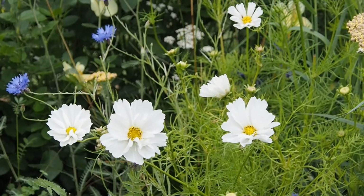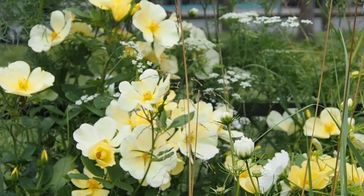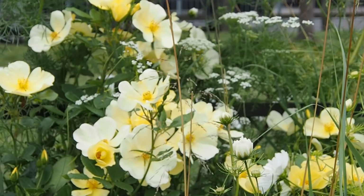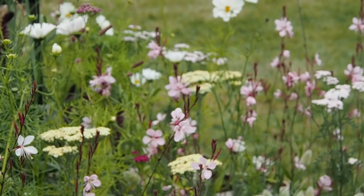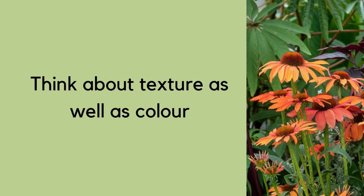cottage garden favourites, things like cosmos and gaura, and even the old roses, the very traditional species roses like dog roses. And this really looks incredibly pretty, and it's a very good compromise, and of course it's hugely friendly for pollinators. So I did rather fall in love with this look, and I might try it in one of my borders next year. The next tip that I think emerged was think about texture as well as colour when you're